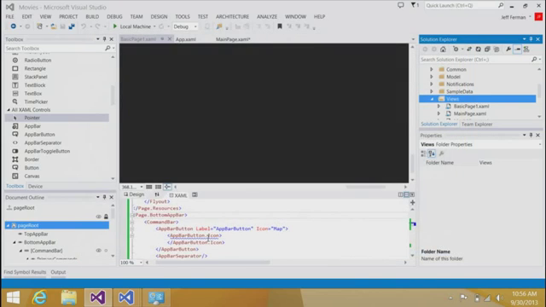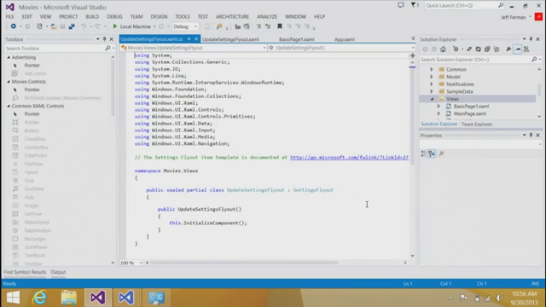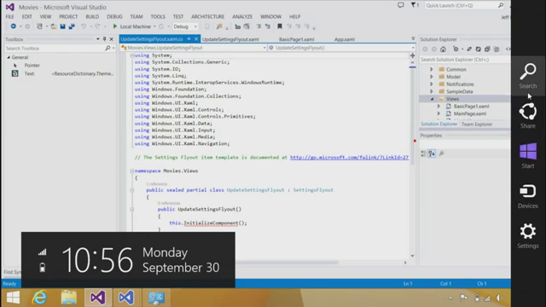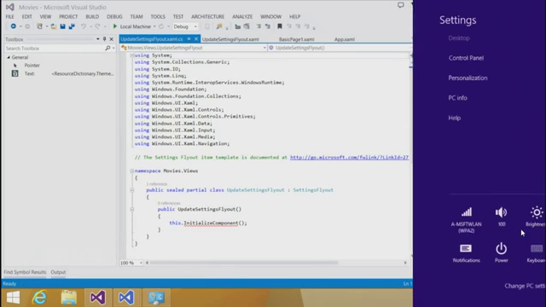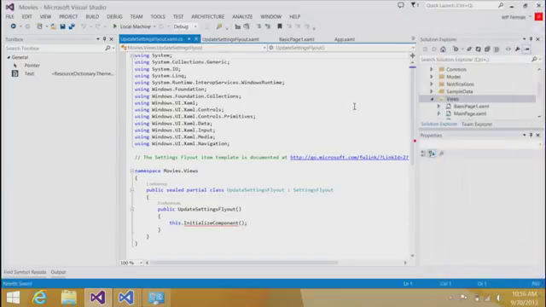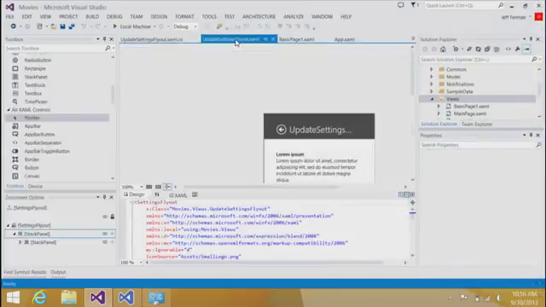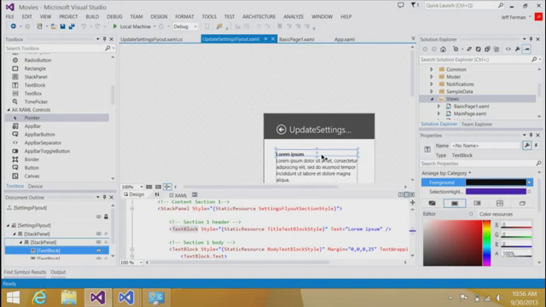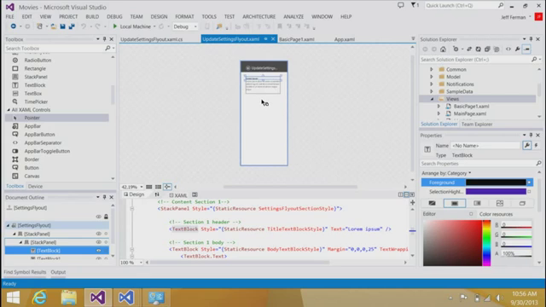and hit OK. And this would be, for instance, when you invoke the charms bar, so on the right side of the screen, go over and hit settings, it would be one of these things that fly out when you click one of these links in your app. So now that I have this settings file, you can see it's generated some code for me, and in addition it's giving me some UI. I'm going to zoom out on that, let's fit all,